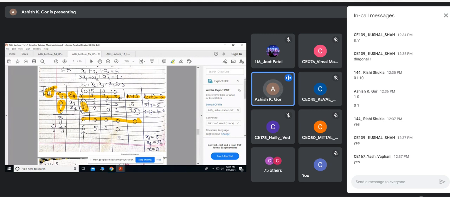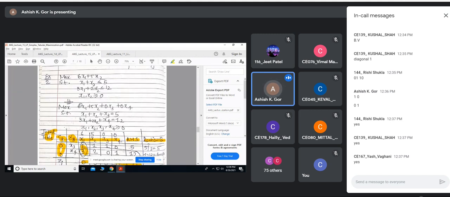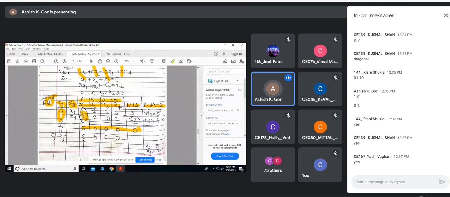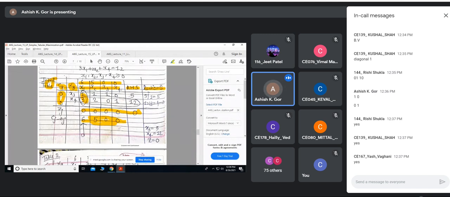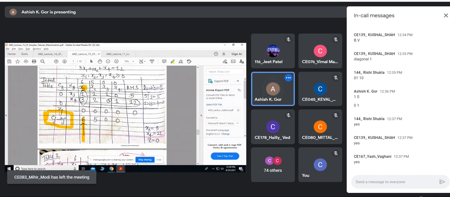So Cj minus Zj. What is Cj? 6, 5, 0, 0. And 6 minus 0, and everything is the same. So the one that is going to enter is 6. Remember, this is how you have to initialize the table. How do we make progress? I make progress by finding the maximum value of Cj minus Zj, which is x1. So x1 will enter. And how do I find the leaving variable?